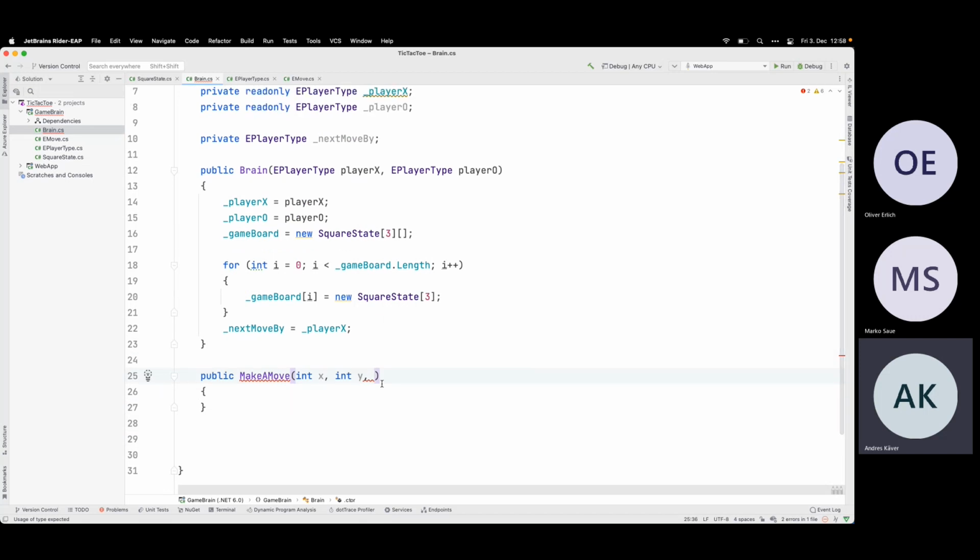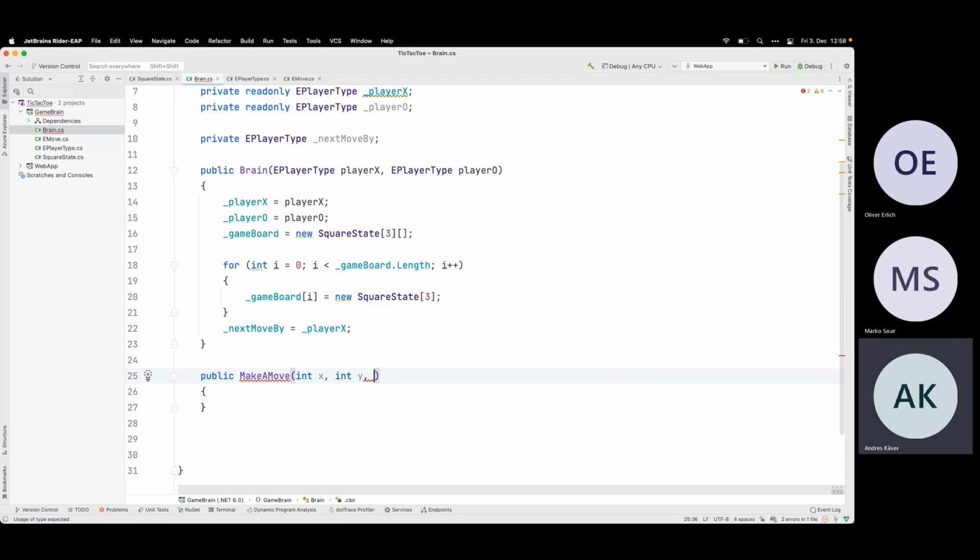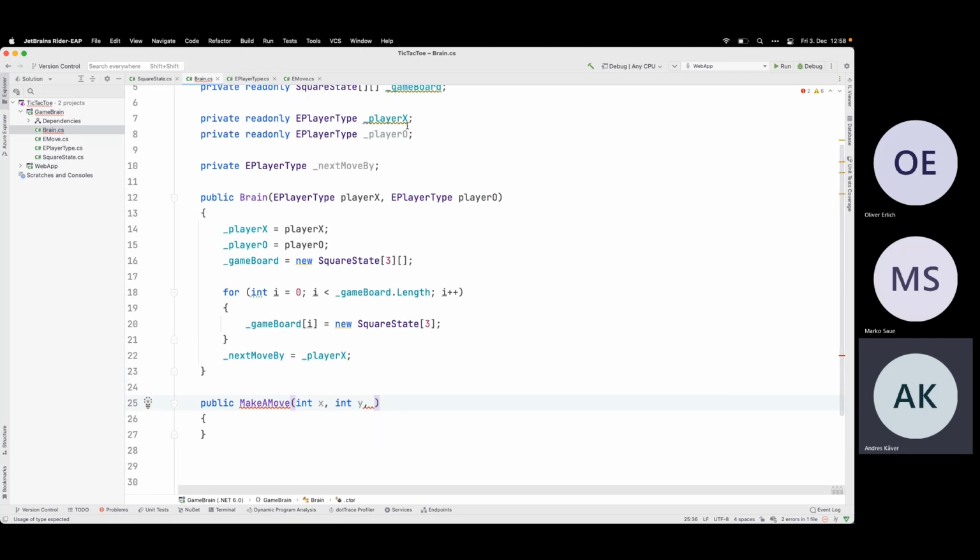And somehow I need to keep track of who is making the move. How do you keep track of it, like by the number? What's the parameter here? So I have two players, the first and the second, the X or the O. What is the parameter here, which player it is?